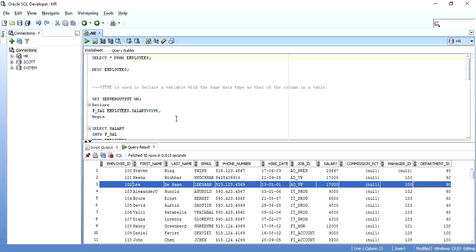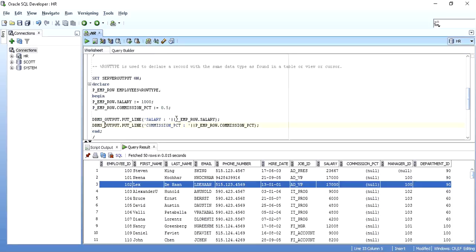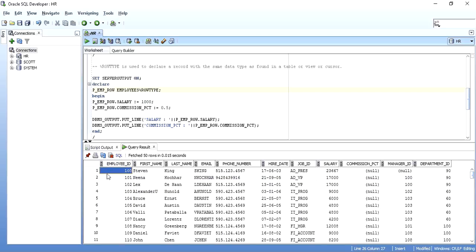It is this employees table, and I have given the data type as employee percentage row type. So this is the employees table. It will contain all of these columns: employee ID with the data type, first name with the data type of the column, last name, email, all that. So when I describe it,